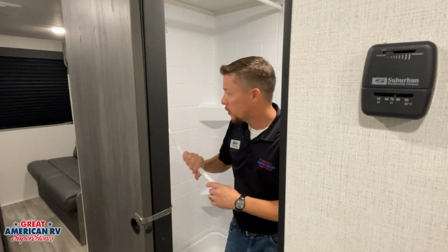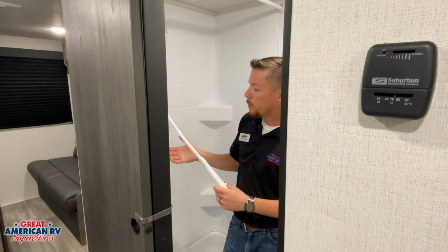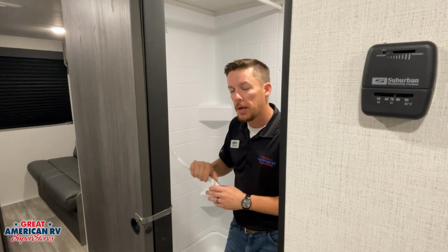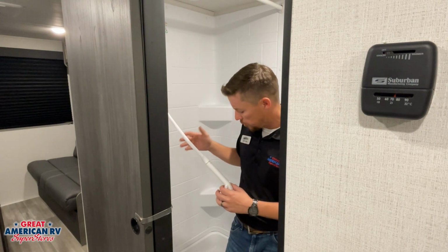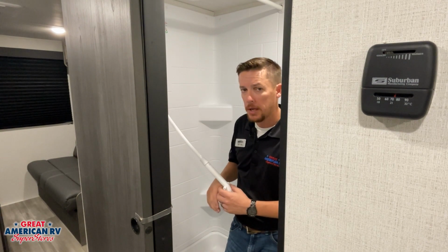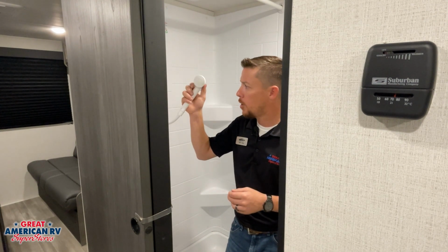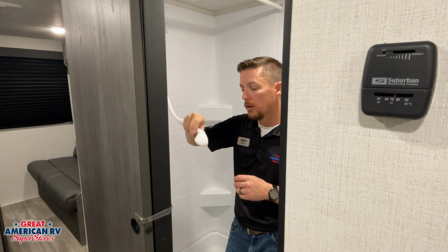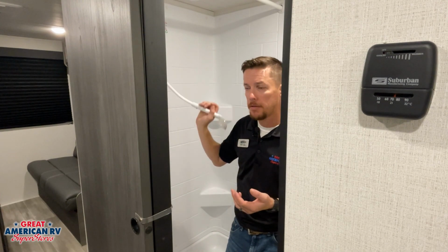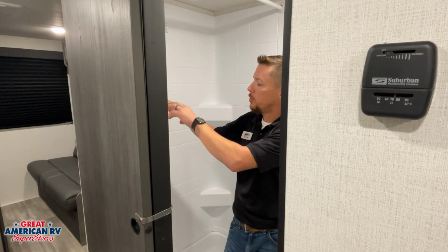In our bathroom, of course, we have our shower with your standard hot-cold fixtures. Now whenever we are showering, a nice feature that we have when we're dry camping, we're trying to reduce the amount of fresh water that we use or the amount of water that we put into our gray tank, because maybe we don't have a dump station where we're at, is you have this hose head right here. The shower head has an off-on button right here on the top. You push that lever left and right and that faucet will turn off without having to